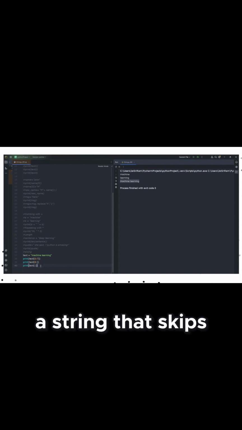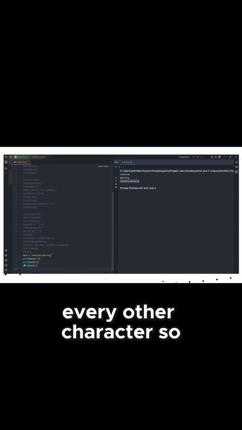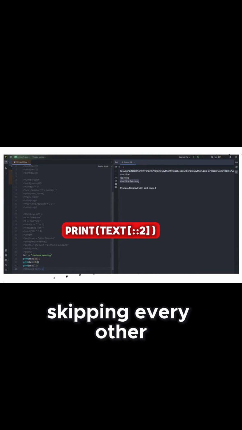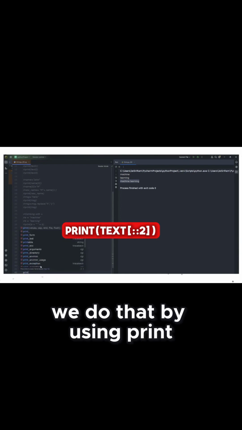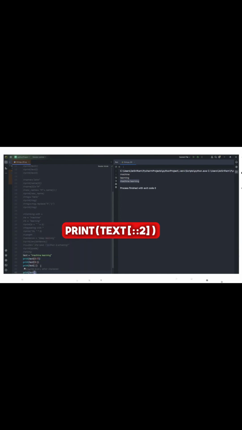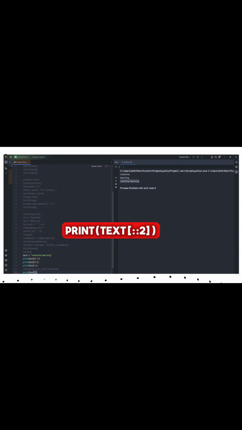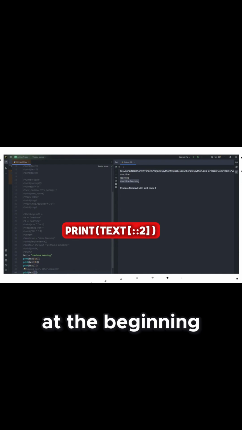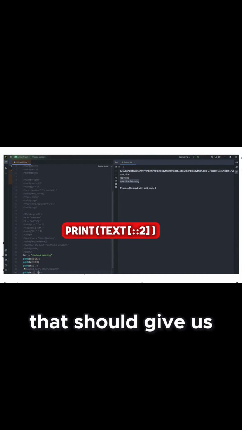What if we want to extract a string that skips every other character? So skipping every other character. We do that by using print text square brackets. We start at the beginning, we go all the way to the end, and we give it a 2. That should give us